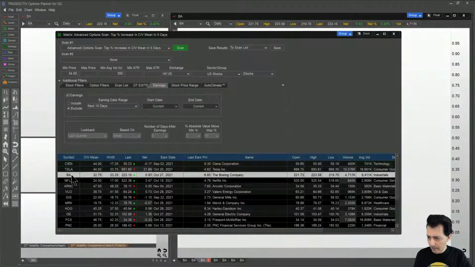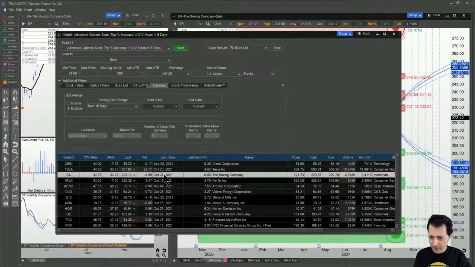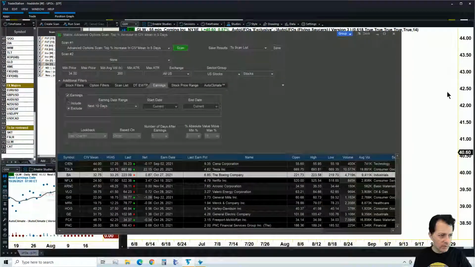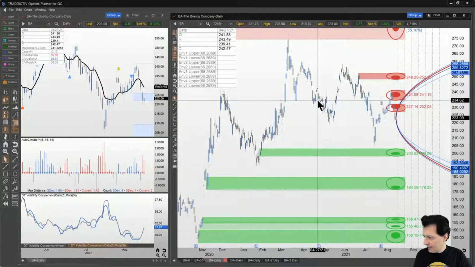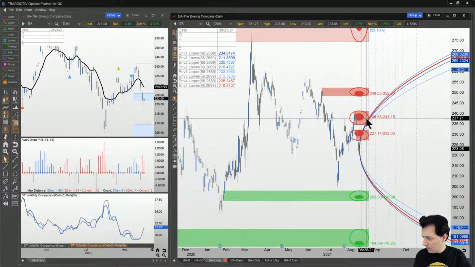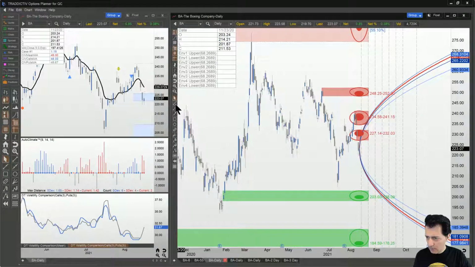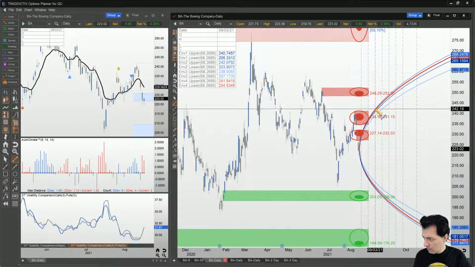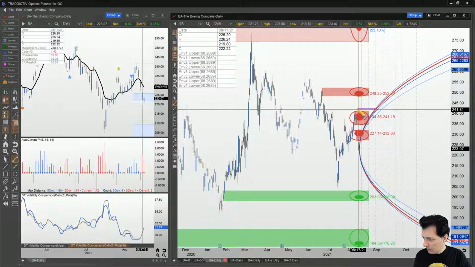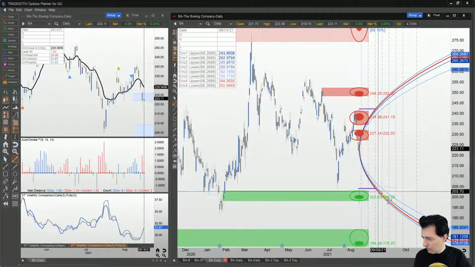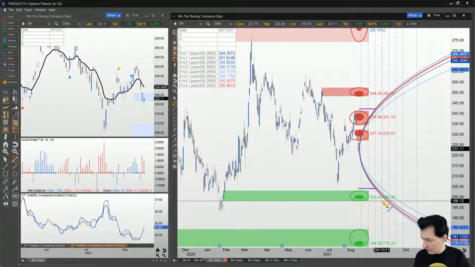So we look at Boeing with earnings on October 27. Earnings on October 27 right here. And we have UFOs here. So I'd like to check around this price point. This is August 3, so I'll start with August 3. We also have UFOs here, which coincides with this one. So I will also look at,